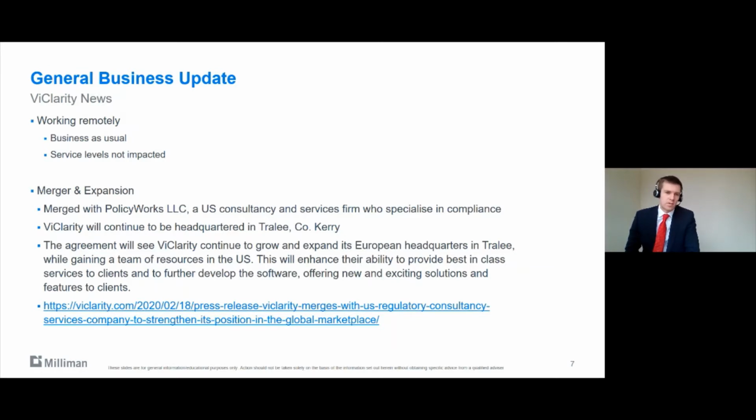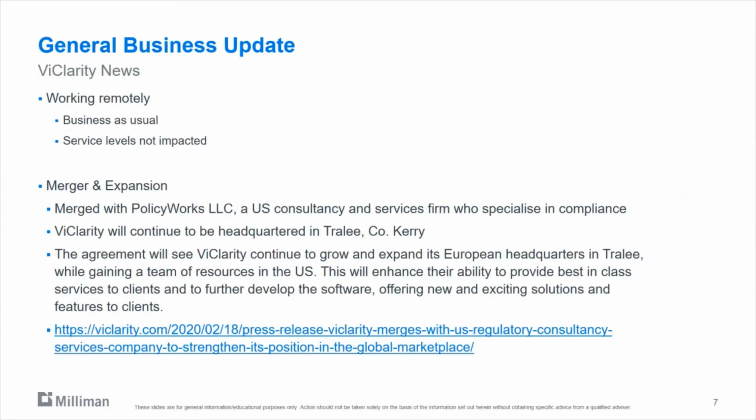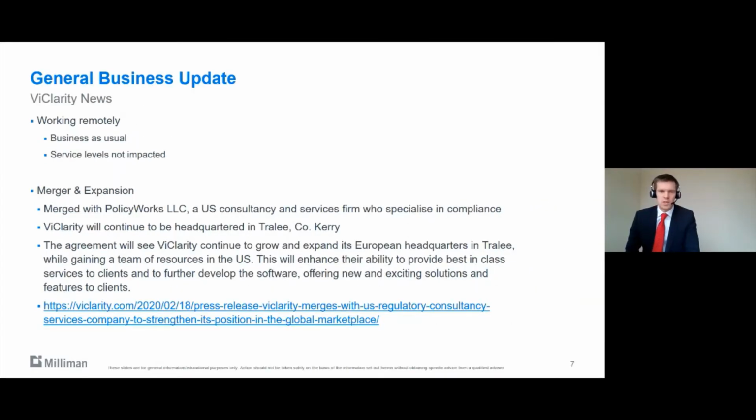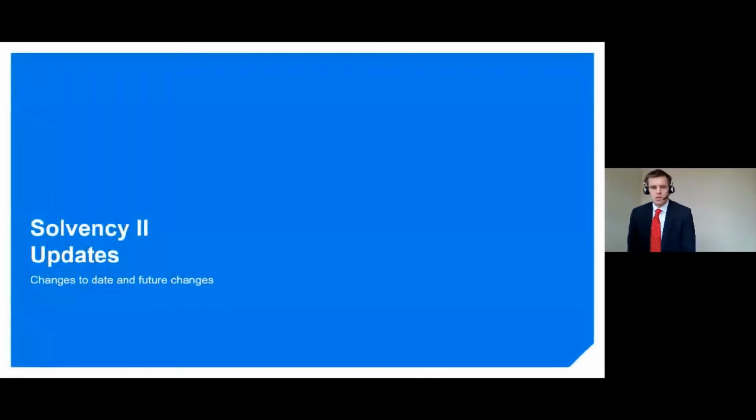It will mean a broader reach to their own clients, and it'll also help more investment in the tool and the software. So, very exciting news for Vitality, and we wish them all the best with it. There's some information in the press release they put out earlier in the year. And I think some of the crew from Vitality are on the line today, so if there's anything specific for them, we can hopefully pass it through to them in the Q&A.